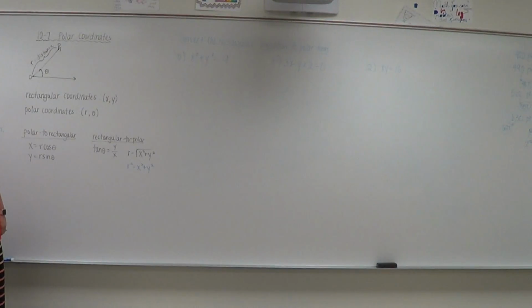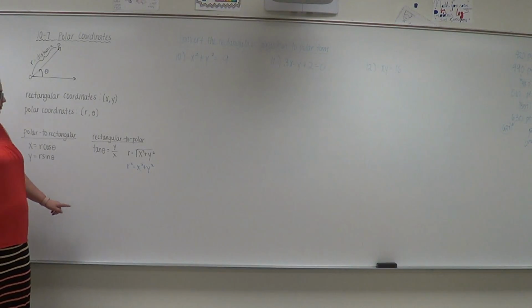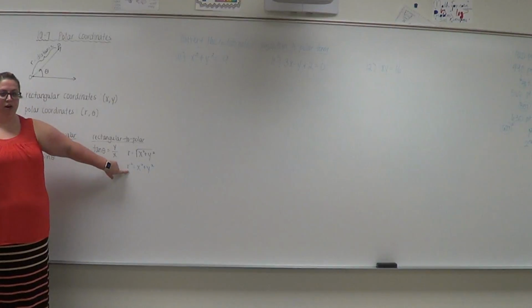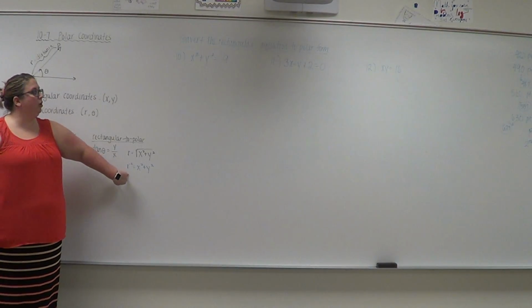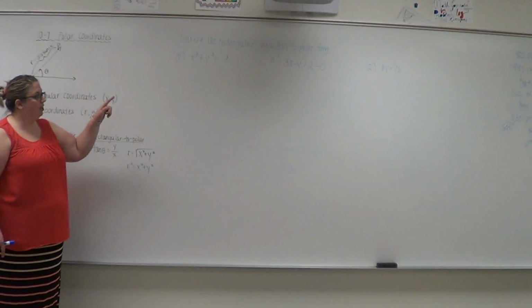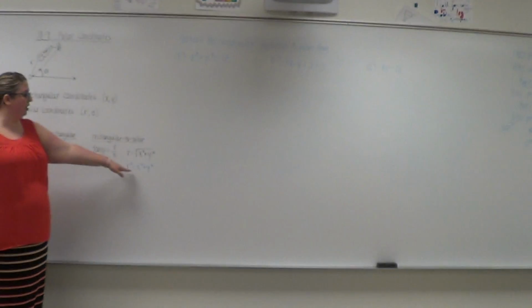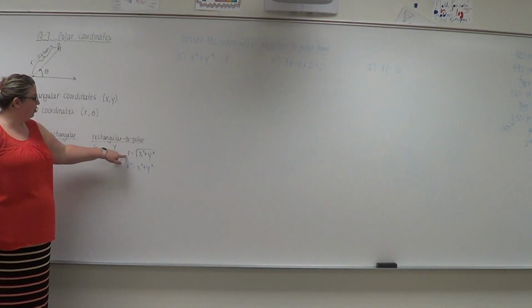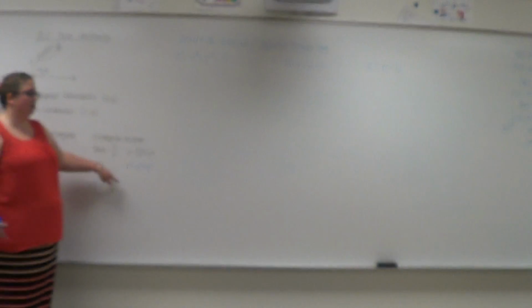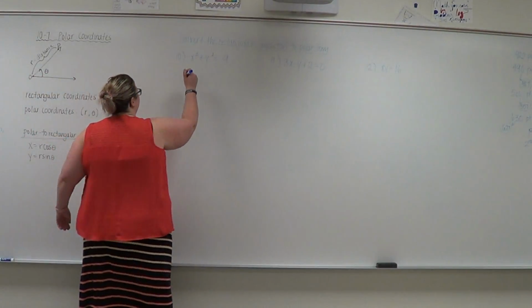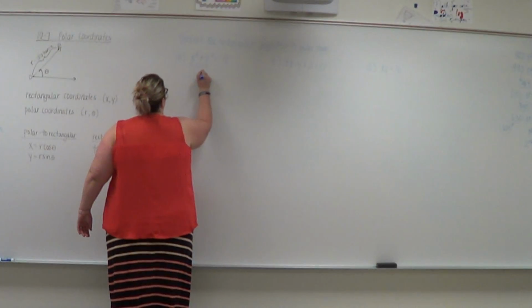Change the x and y to... Okay, so I could change it to this. Is there an easier way? Squared, make it r squared. Okay, so x squared plus y squared is r squared, right? This only works if you have squares. So I can't do this on 11 and 12. But if you see something that's squared, try to see if you can use this equation, because it makes your life so much easier. Because I can replace this with r squared